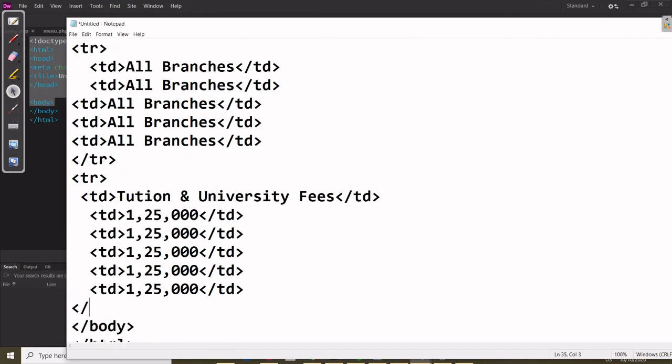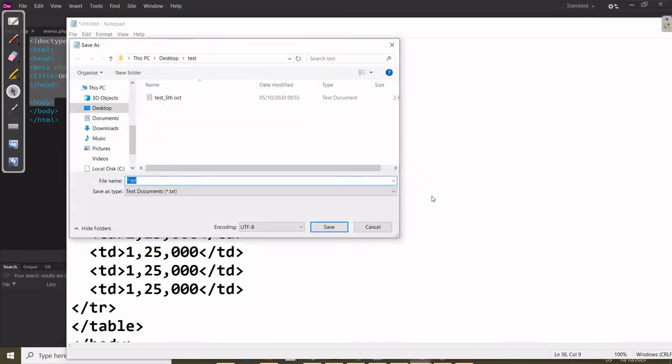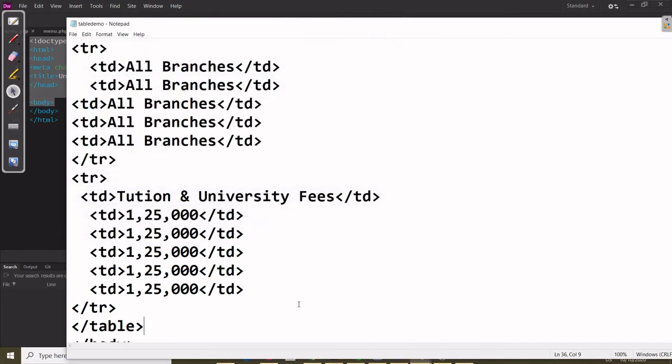Now close the TR here, now close the table, okay. Now you can save this file and we'll see the output. I will save inside the test folder, giving the name table demo.html. This is my file name, and in the same fashion inside double quotes we can put it.